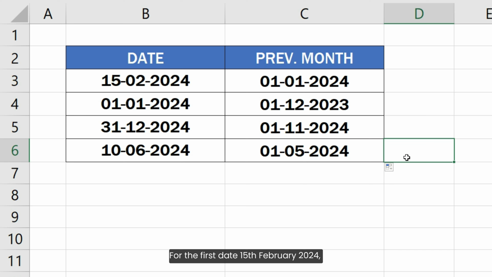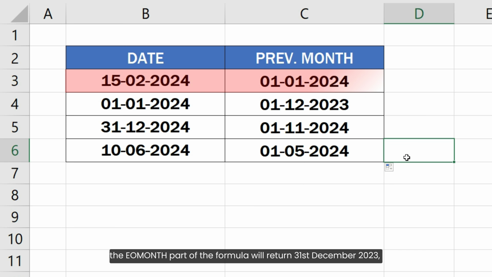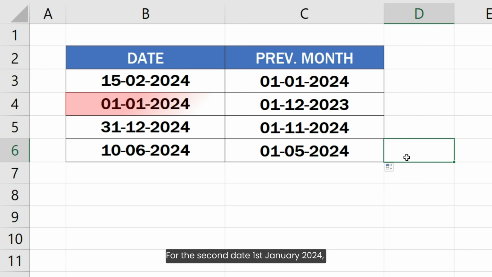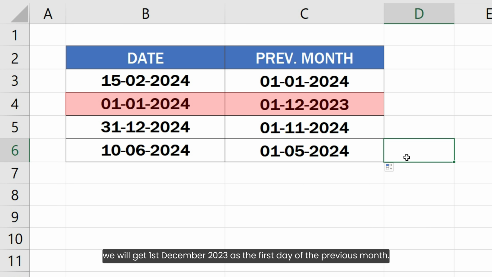For the first date, 15th February 2024, the EOMONTH part of the formula will return 31st December 2023 because we went back 2 months and then got the last day of that month. When we add 1 day, it will give us 1st January 2024. For the second date, 1st January 2024, the EOMONTH part of the formula will return 30th November 2023. When we add 1 day to that date, we will get 1st December 2023 as the first day of the